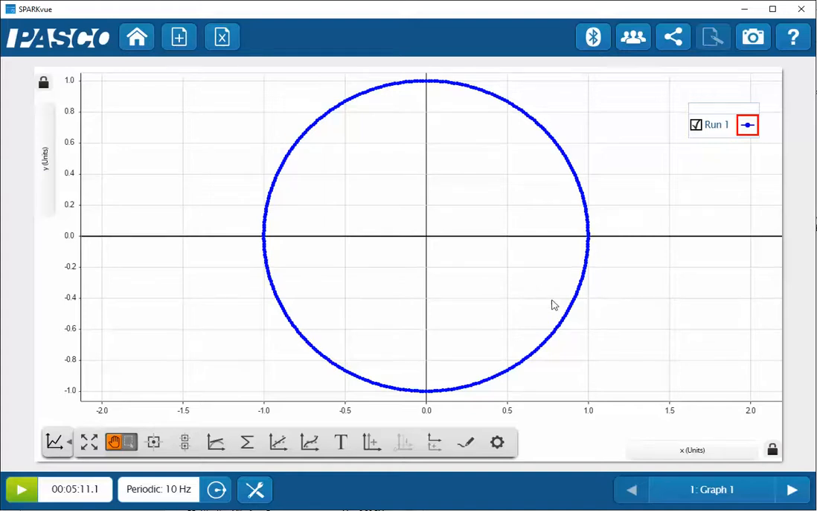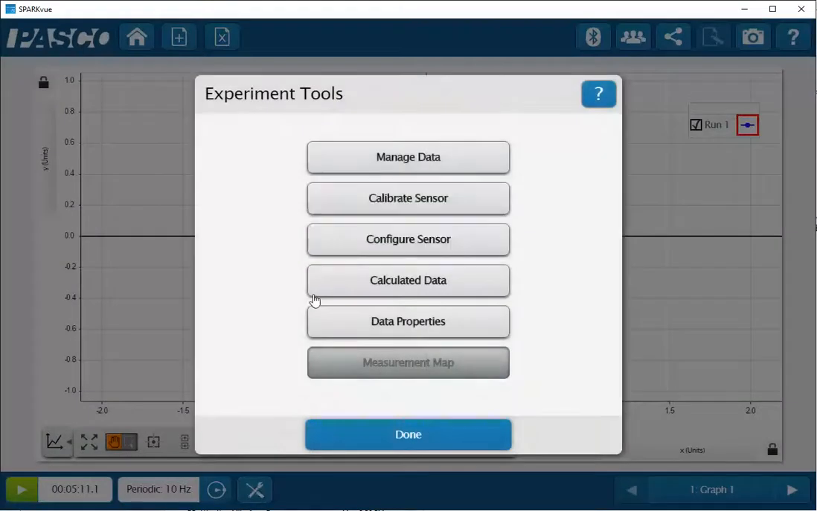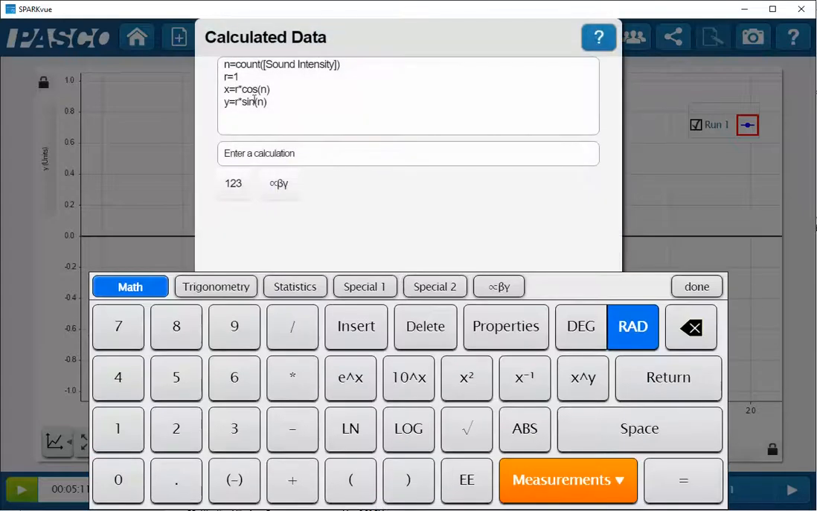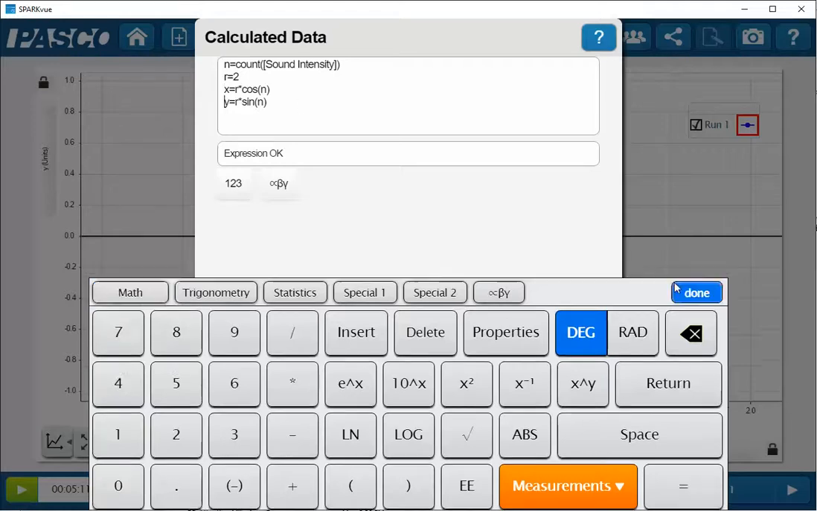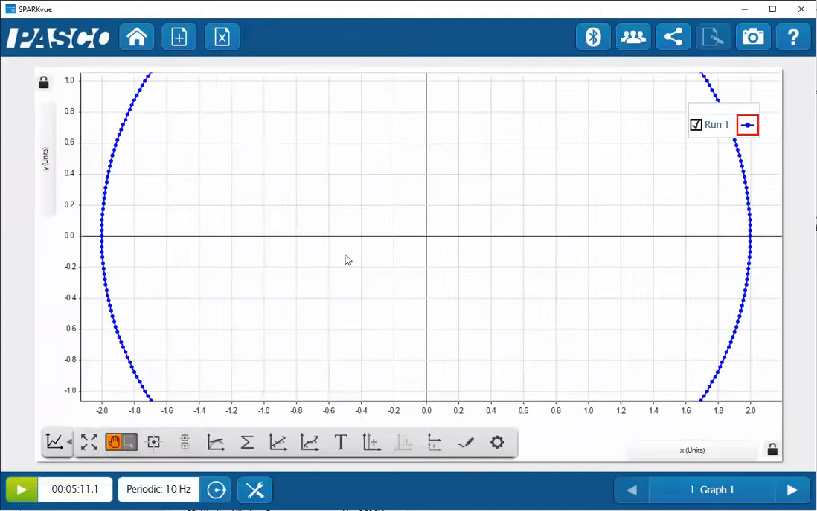So now what we can do is, if we wish, we can go back in the calculator, and then we can access our calculated data. If we want to change the size of the circle, we simply change the entry on our R value here. Click on Done and OK. And you can see that the circle has expanded,